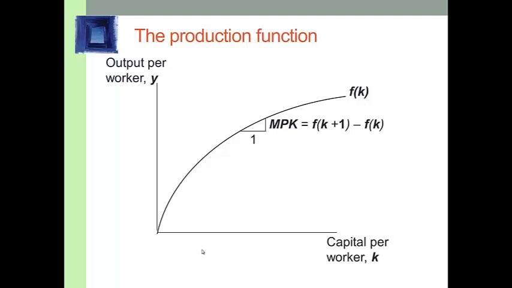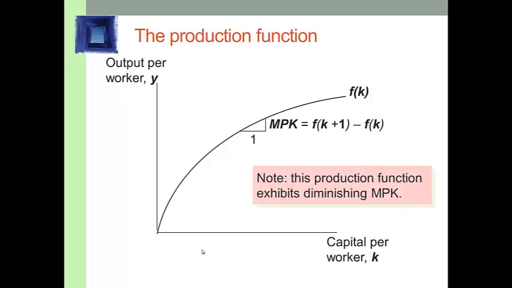What the graph shows is that at low capital per worker, output is large because capital is more productive, but at high capital per worker, output is relatively low because capital is less productive. The graph shows diminishing returns to capital at higher levels of the capital stock. So that's the pictorial representation of our Solow production function.